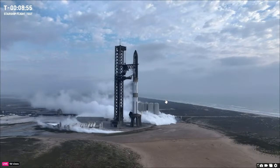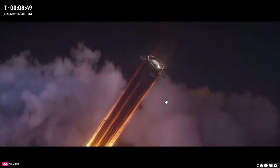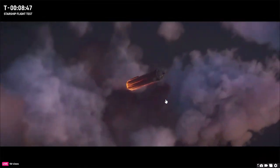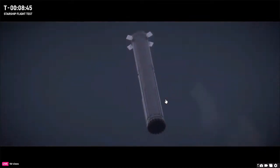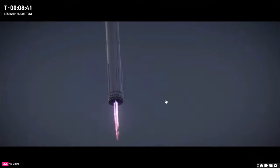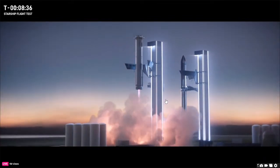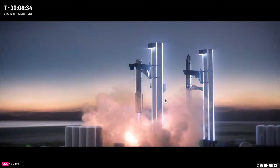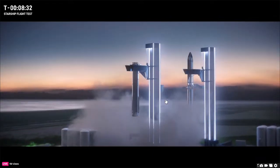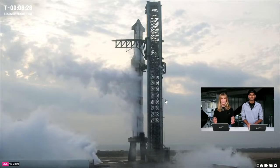Our teams are also working on the ground systems that will support rapid reusability. When we start recovering Starship boosters, we'll want them to return to the launch site for a quicker turnaround, as you can see here depicted in this animation on your screen. This is when the tower reveals its dual purpose. After launch, the arms, or the chopsticks, on the tower will help guide the booster into position to ensure a soft landing. Now, if you're thinking that this sounds hard or even impossible to do, well,